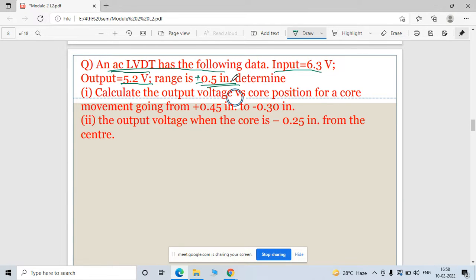Okay, range is given in inch. Determine the output voltage for the core movement going from 0.45 inch to minus 0.30 inch. The core movement is given. Now for the second, you need to find out the output voltage when the core is at minus 0.25 inch